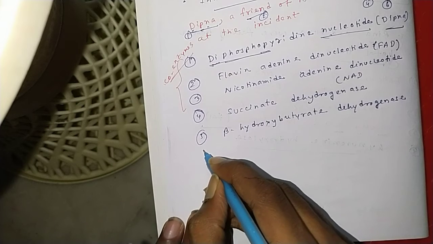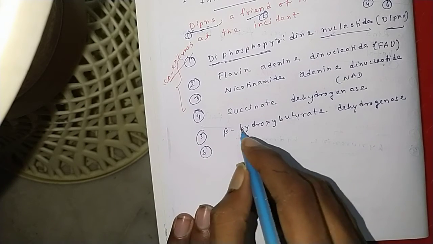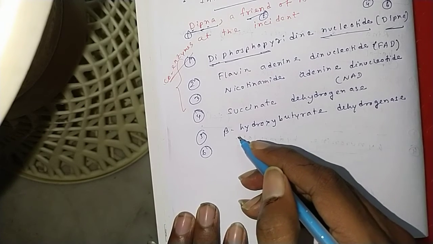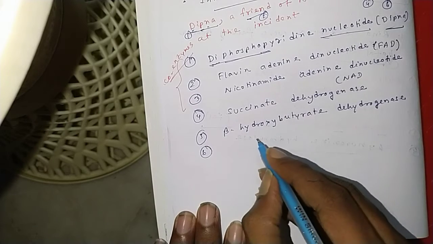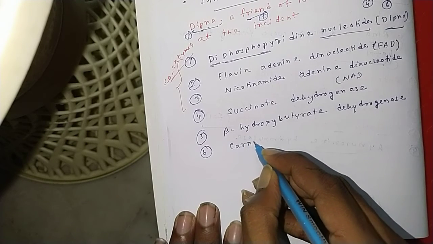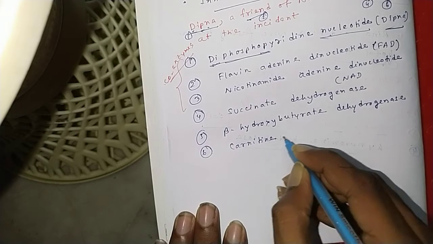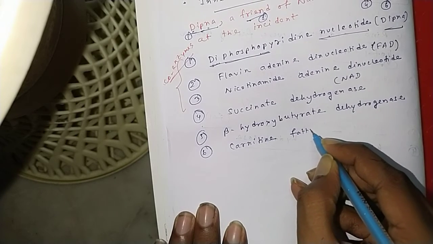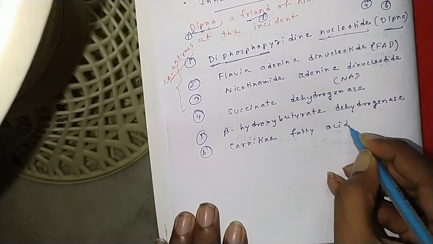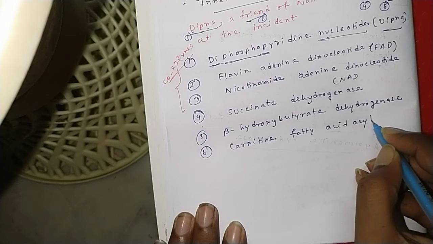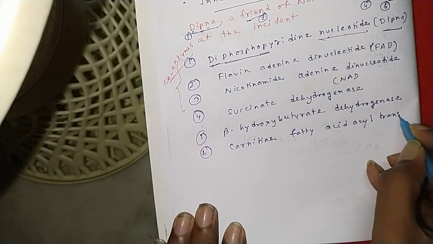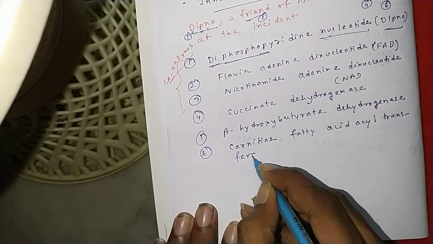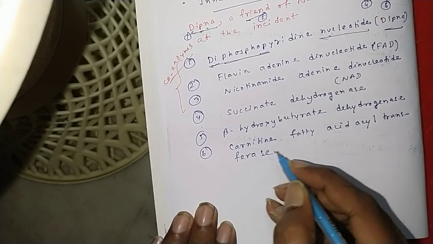Then you have 6, that is C, that is carnitine fatty acid acyl transferase. Okay, so carnitine fatty acid acyl transferase. We will be talking about the enzymes when we will talk about